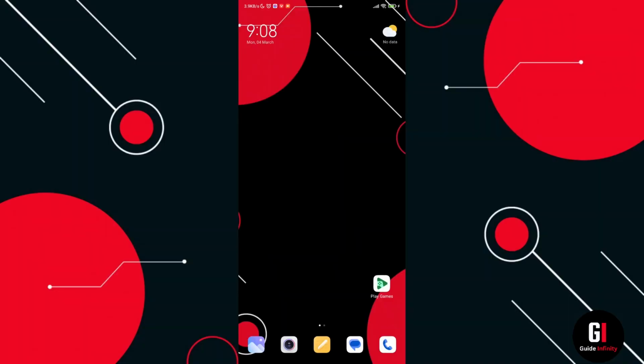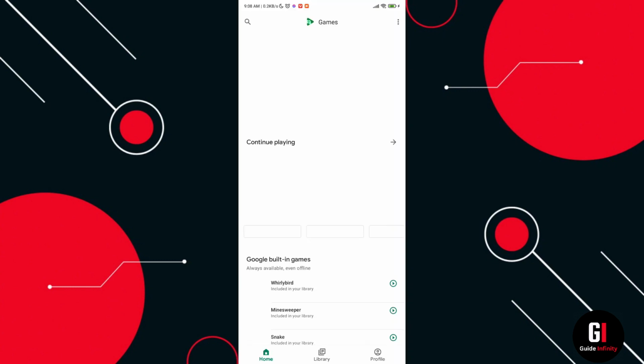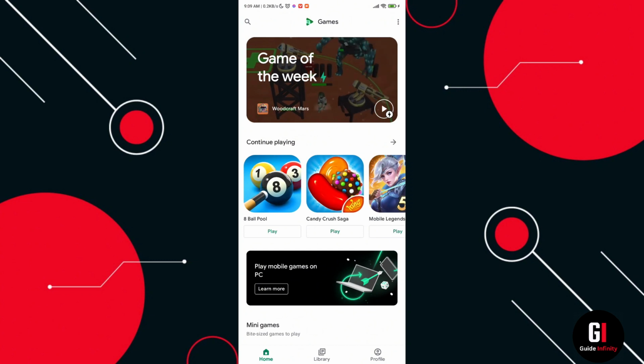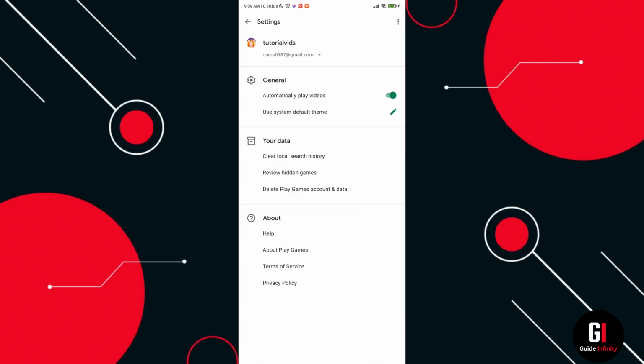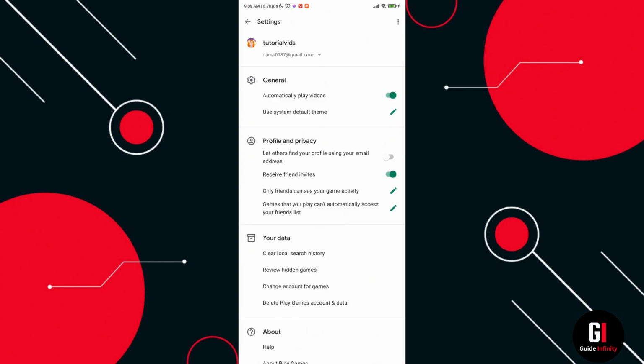Okay, so the first thing you're going to need to do is open the Google Play Games app, and then we want to go to the top right hand corner where the three dots are located and select Settings. Okay, so once in Settings, you'll see multiple sections underneath here. So we're looking for Profile and Privacy, and then underneath there we want to go to Games that you play